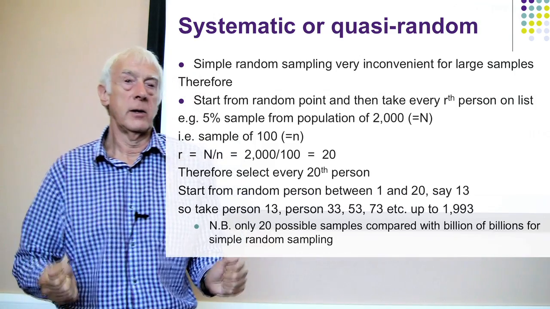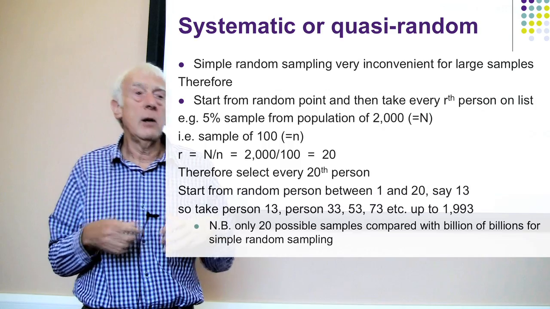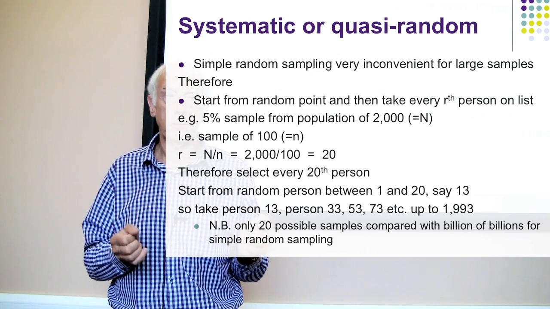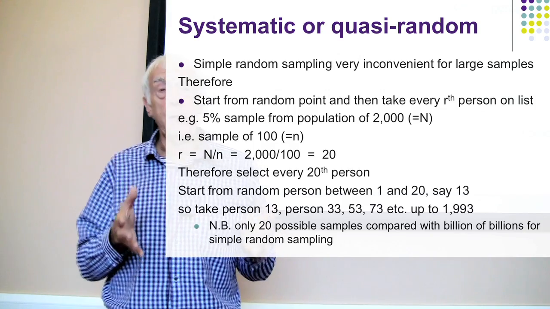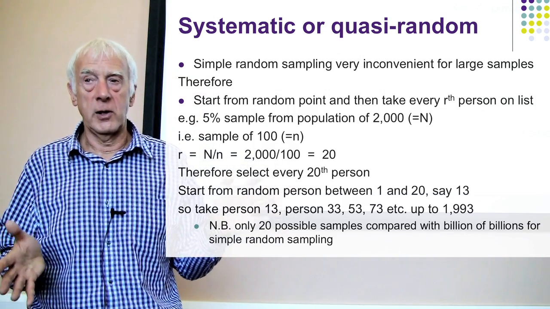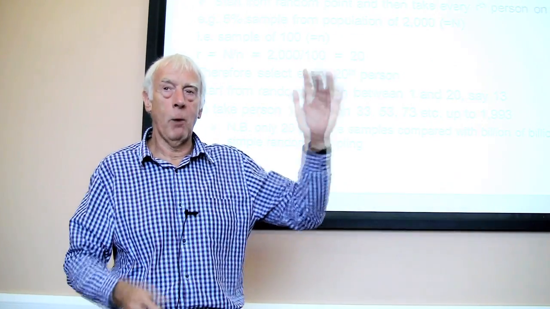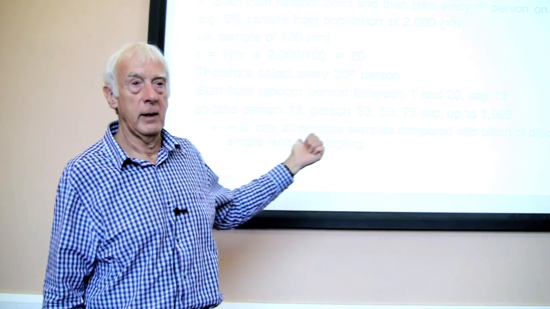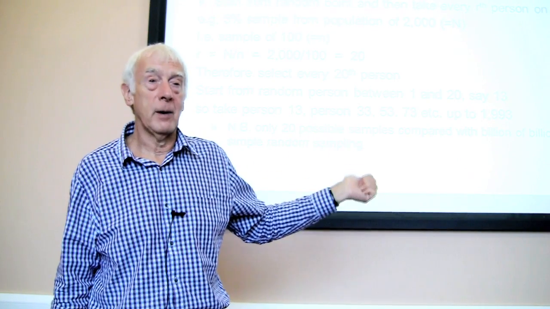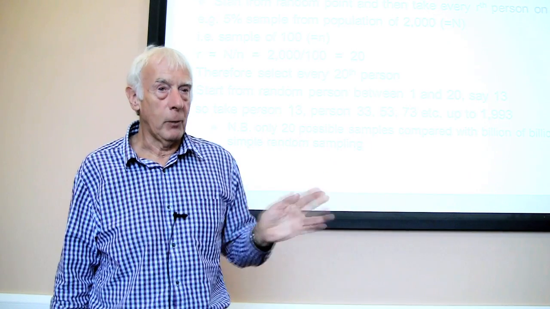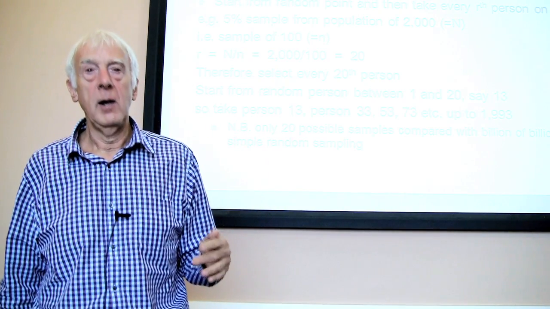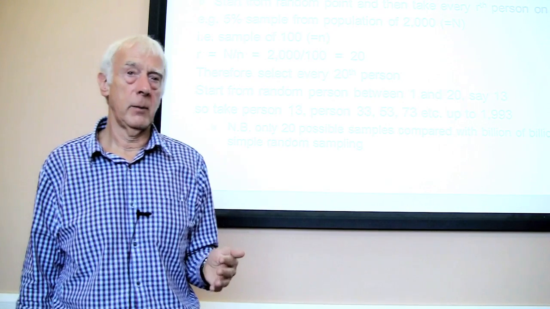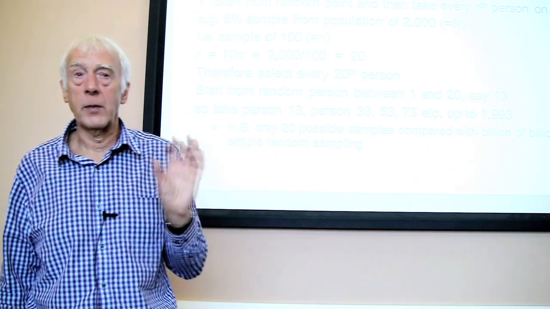And that gives you a very good sample. It's random, certainly, there's no human bias involved in it. Slightly fewer combinations than you would otherwise get, but that's not a big issue. The only real issue here is if your listing is structured in some way. Imagine your list is one male, one female, one male, one female, all the way through. Doing it this way, you're going to get a sample that's either all male or all female, depending where you start. So you've got to worry a bit about that if the lists are structured. But that's a relatively minor problem. Very few lists are structured in any way like that that's going to upset this kind of approach. But just one thing to worry about there.